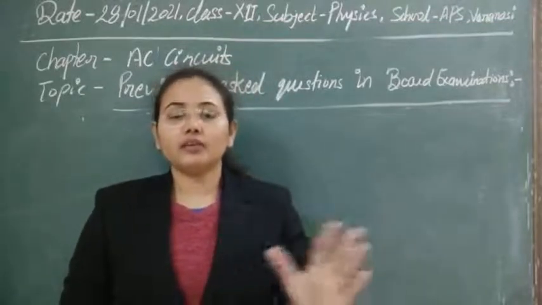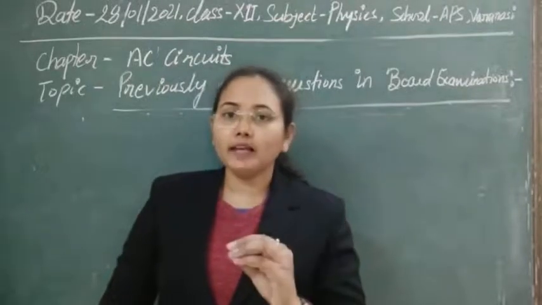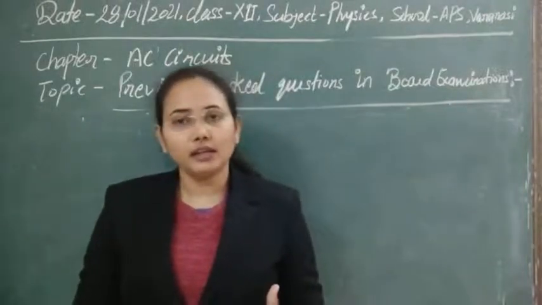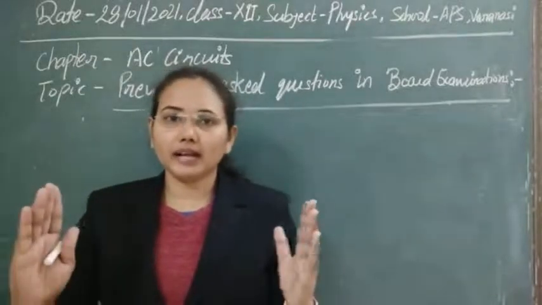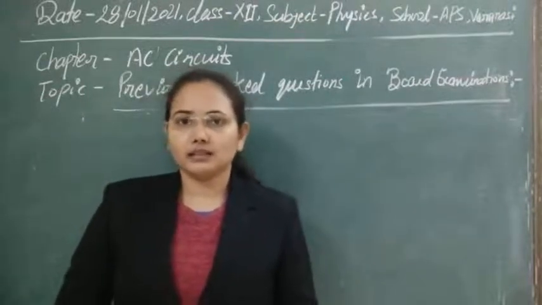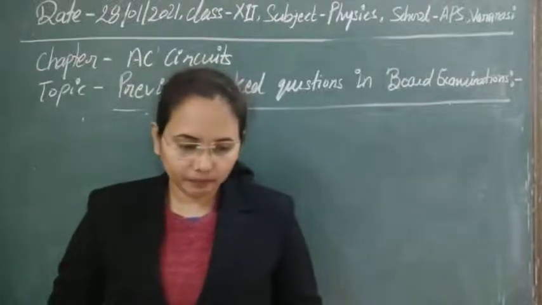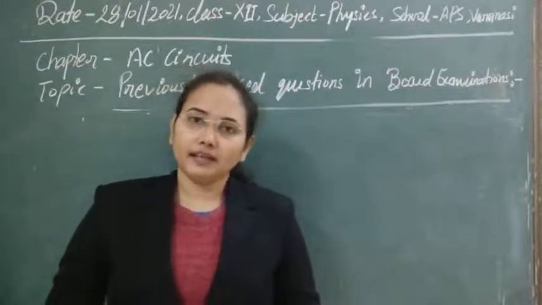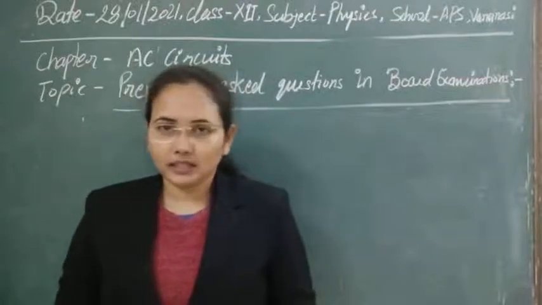Due to that mechanical work, or due to rotation of that armature or coil, the angle between the plane of the coil and the magnetic field is changing, and due to that the flux linked with the coil due to the magnet that we have placed will change, and due to the change in flux EMF will be produced here. So this is the basic cause of the production of EMF in case of an AC generator. And if it asks what is the principle of the AC generator, then simple electromagnetic induction is the principle of the AC generator.